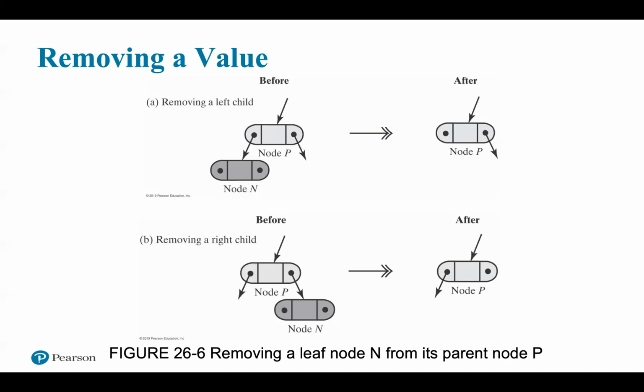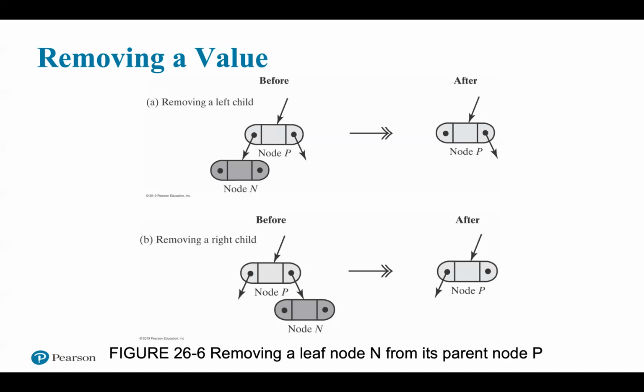So, removing an entry whose node is a leaf. The simplest case of removing an entry is when the node is a leaf, that is, it has no children. For example, suppose that node n contains the entry to be removed from the binary search tree. Figure 26.6 shows two possibilities for node n. It could be either the left child or the right child of its parent node p. Since n is a leaf, we can delete it by setting the appropriate child reference in node p to null,